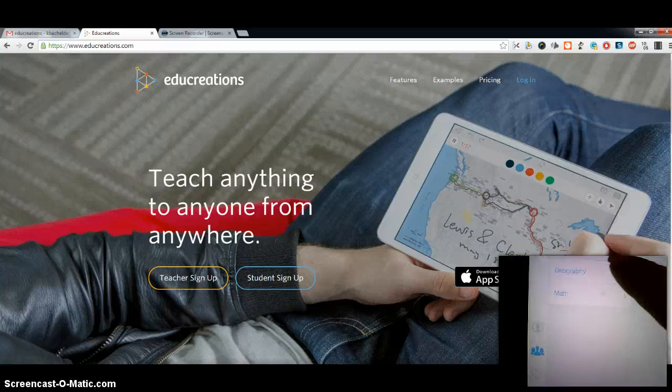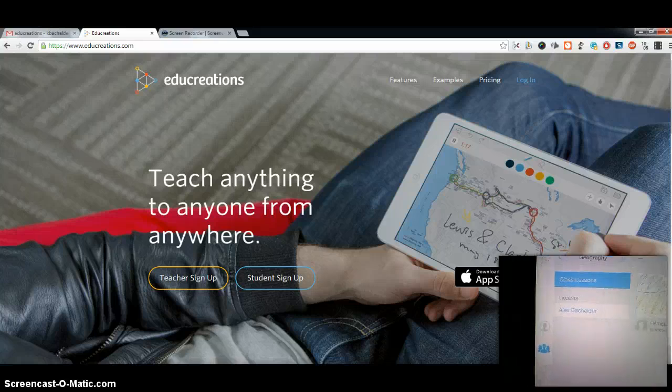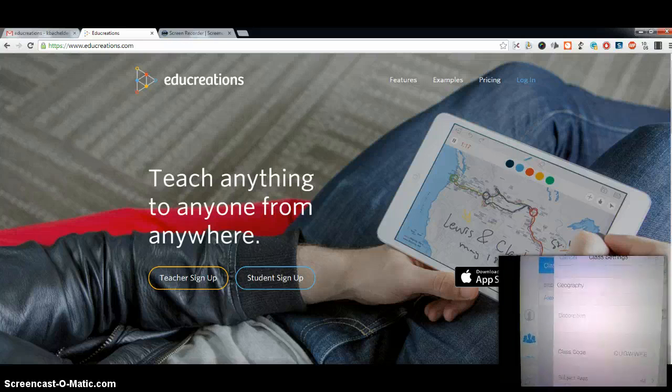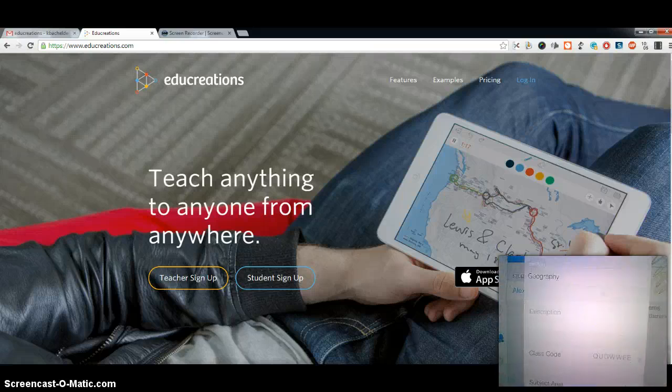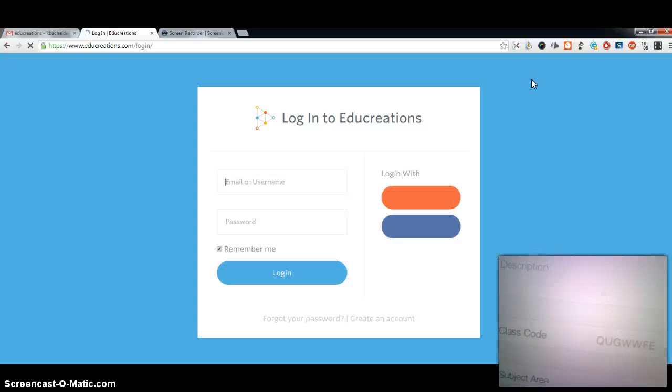So here's my geography class. I tap on it, and I hit the class settings icon up here, and underneath that, it's so hard to see here with this little itty bitty camera, but I have this class code. QUGWWFE. I'm a student, and now if you look at my large screen here, and I go to log in,